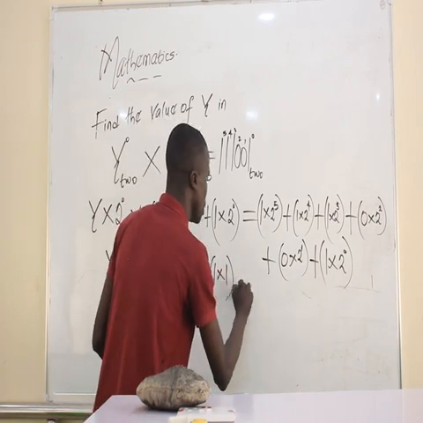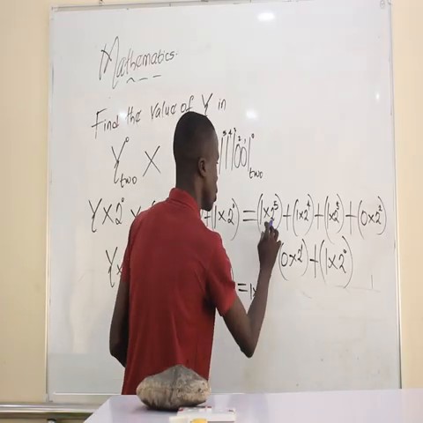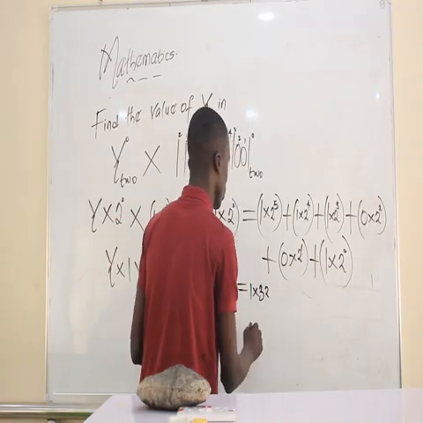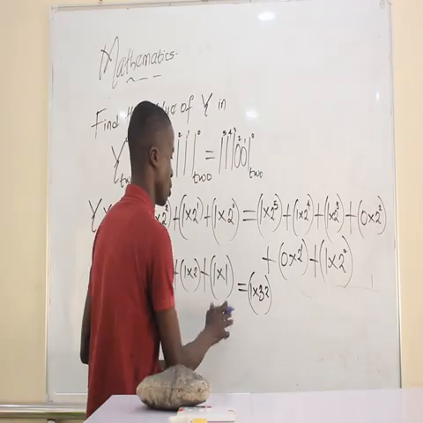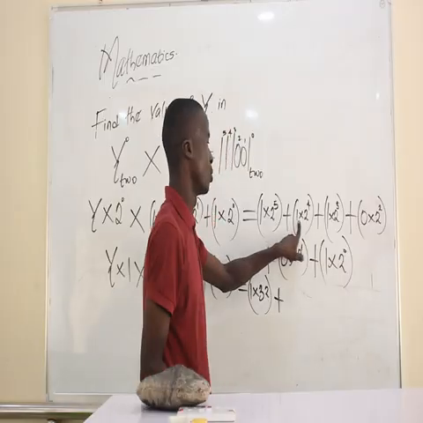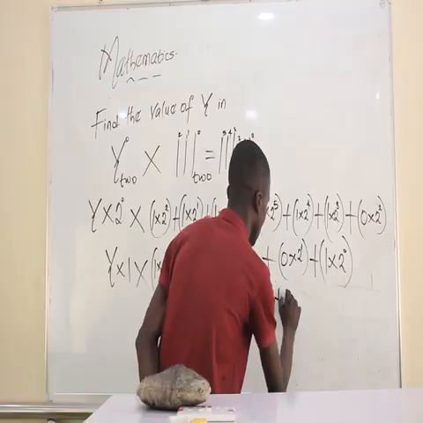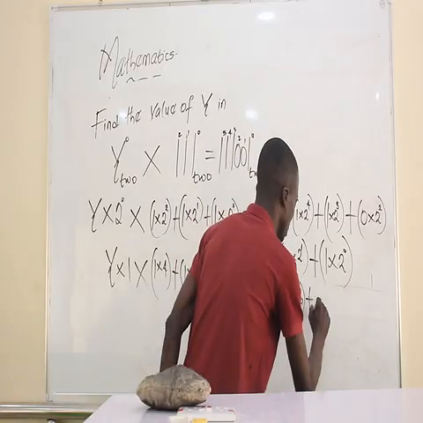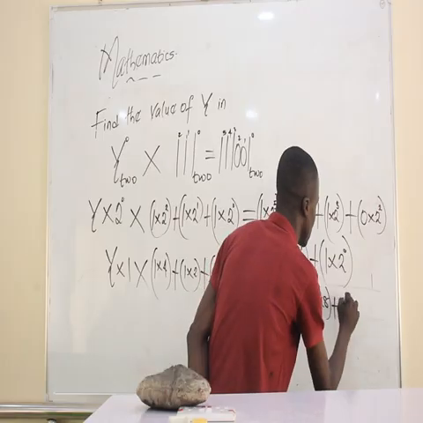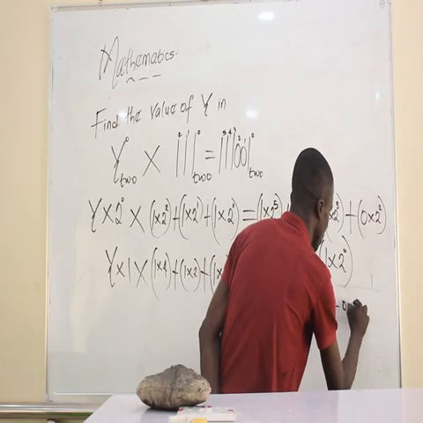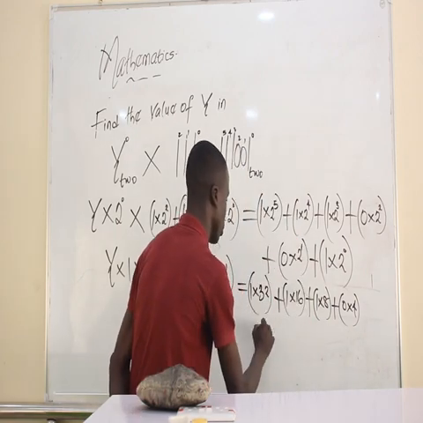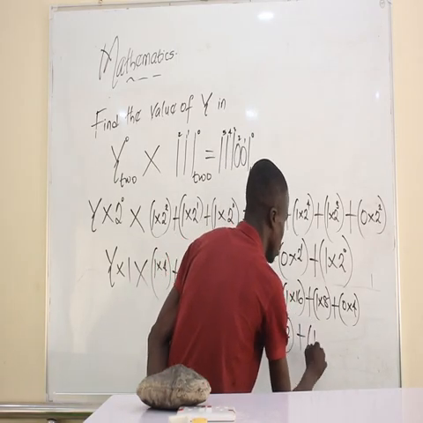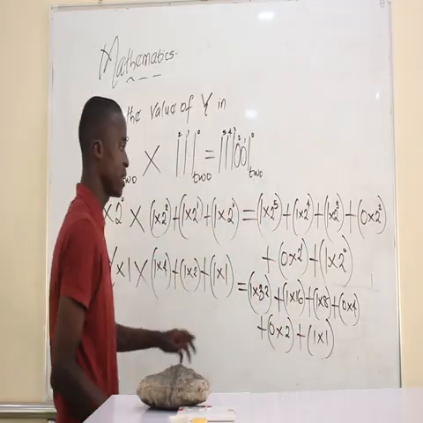Equal, now, equal what? 1 times 2 raised to the power 5 is 32. So you have 32 plus 2 raised to the power 4 is 16. 1 times 16 plus 2 raised to the power 3 is 8. 1 times 8 plus 2 raised to the power 2 is 4, 0 times 4 plus 0 times 2 plus 1 times 1. So having this now, you make